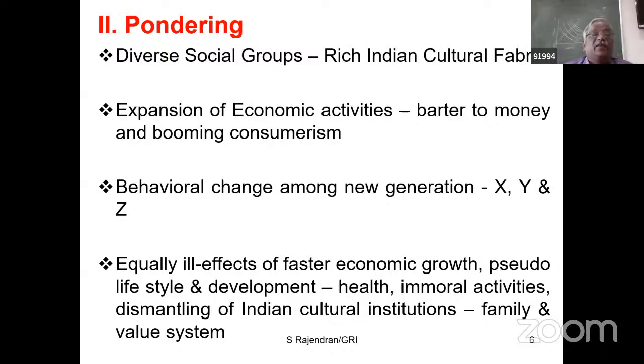India is a peculiar country where we have thousands of diverse social groups and cultural groups, and therefore most social science researchers, not only within India, particularly from European countries and America, flood to India and take up research, and they bring out very thought-provoking research output. The Indian subcontinent has had a very strong cultural fabric from time immemorial, and every group has its own uniqueness, and therefore Western researchers are flooding to the Indian subcontinent.